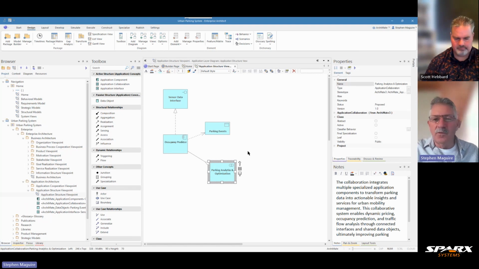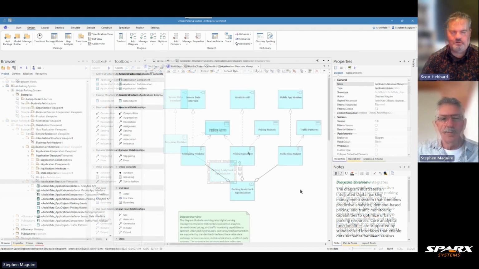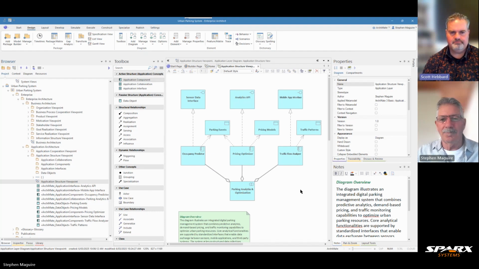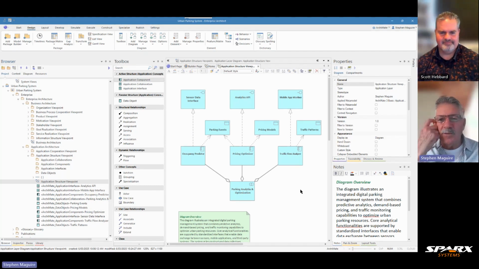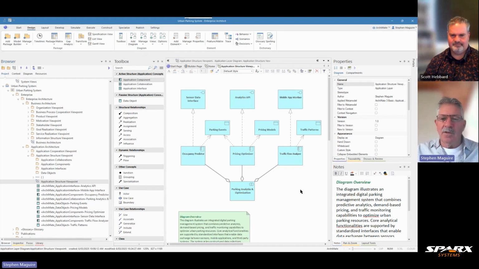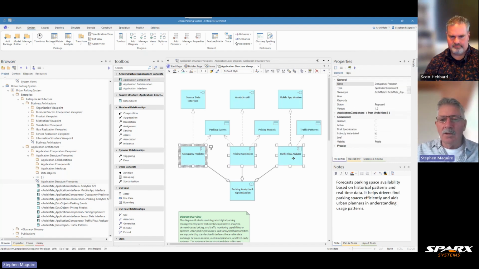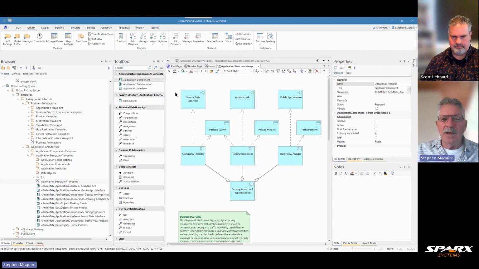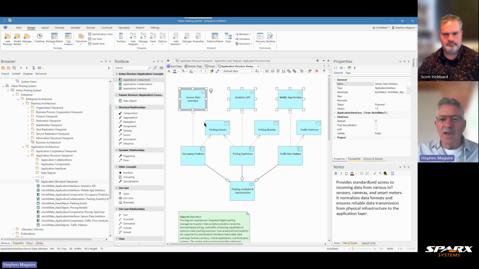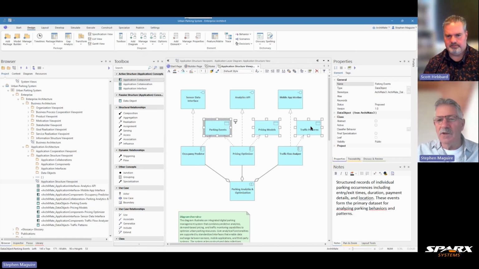What I'm going to get you to do is to do some time travel magic now. Welcome back. We've now got a completed diagram. So perhaps you can tell us a little bit about how we do the parking analysis and optimization according to this diagram. Thanks, Scott. Glad to be back here. We have completed the diagram. You can see now there is still our single application collaboration. We now have three application components in here, and a number of interfaces and a number of data objects.